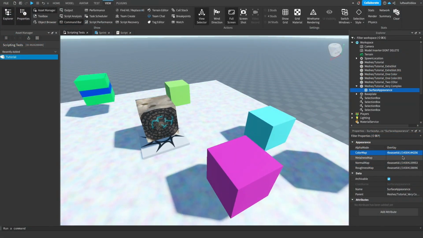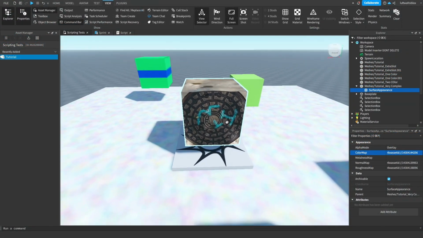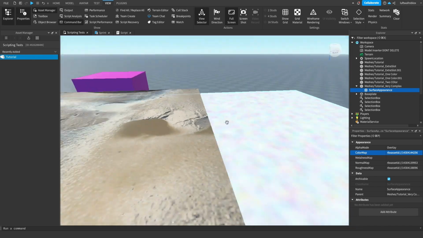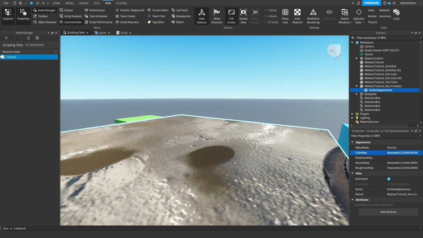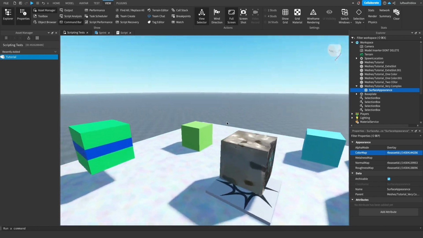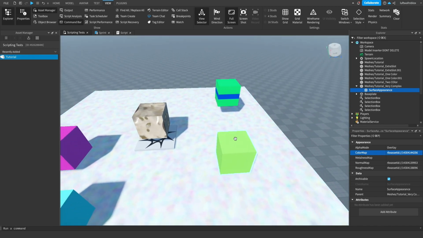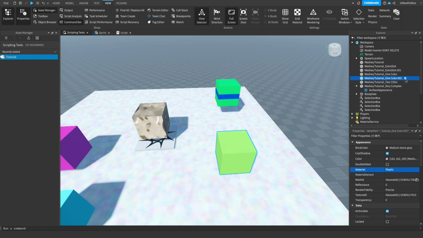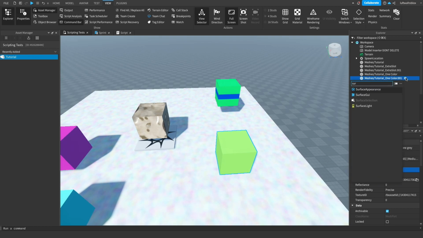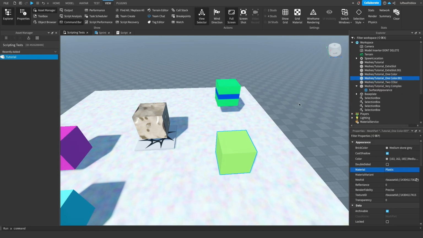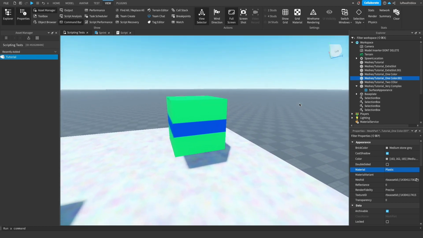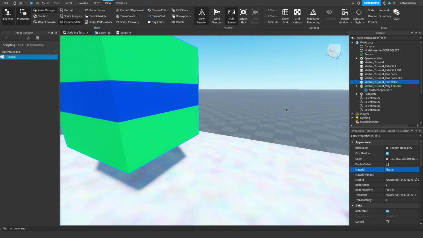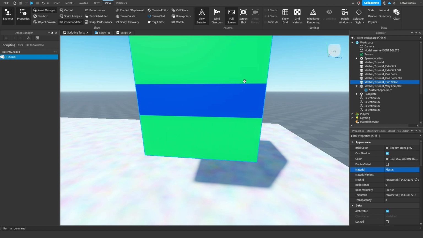After I've filled in most of these, you would have a fully working one with normals and roughness and all that. And you can do the same with all the other ones that you have metal for. Just go here and add surface appearance, and you fill them in. And one thing to note, if this were bigger, the